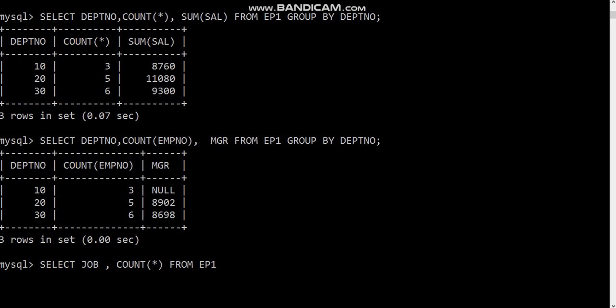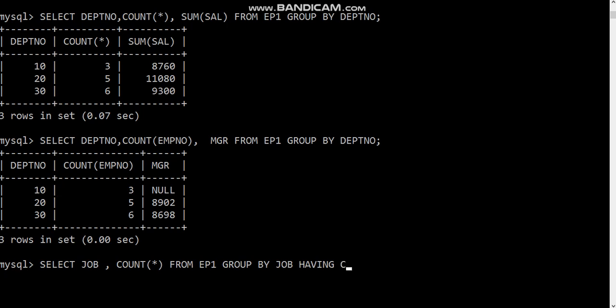Okay, group by job. I told you job and department number, these two are the repetitive fields where the values are being repeated, so they are perfect for this group by clause. Okay, then having, now I'm putting the conditions.